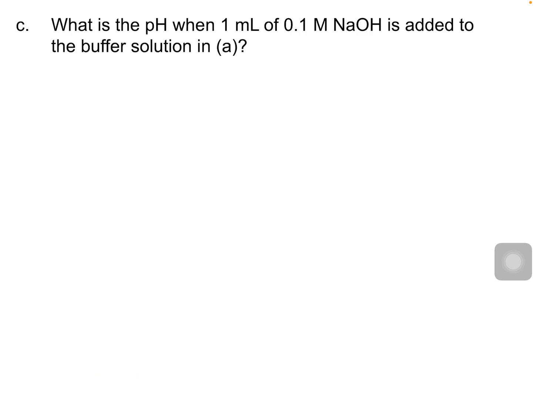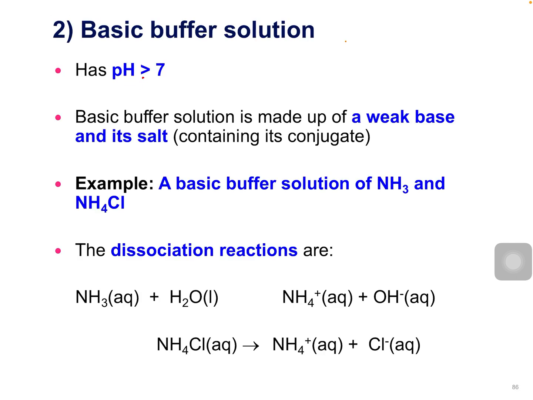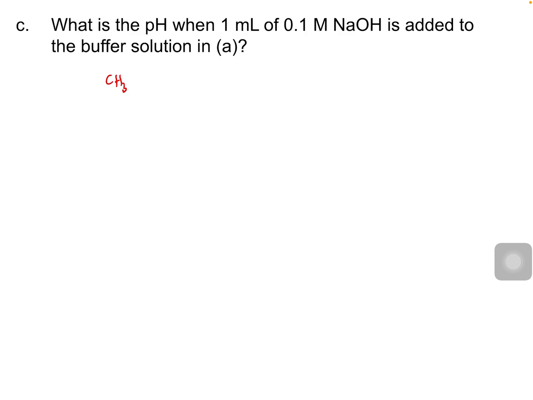Next question, what if the buffer solution in A we add small amount of strong base? Okay, so bila buffer solution, ada buffer solution, kita tambah strong base. So yang akan react ialah dia punya acid. Acid dia ialah CH3COOH. Okay, phase is compulsory. Mesti kena tulis phase. Okay, satu hala je. So dia akan produce conjugate and